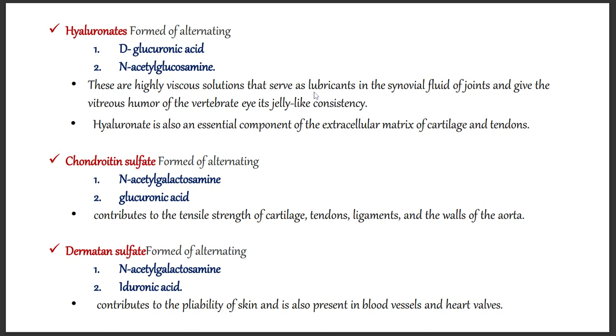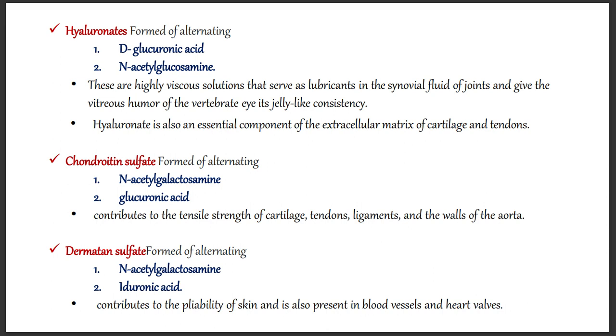So these form lubricants on synovial joints. An example of a synovial joint is your ball and socket joint, on your shoulder, and also on your hip. Okay, those are examples of synovial joints. Also in the eye, the vitreous humor of the eye also has hyaluronates. These guys are also found in the extracellular matrix. They're an example of glycosaminoglycan. So definitely they should be part of the extracellular matrix because that's what we've said is the function of